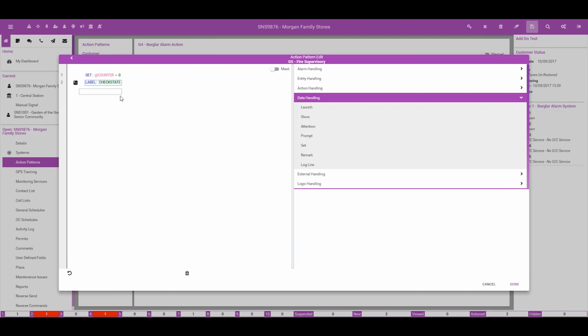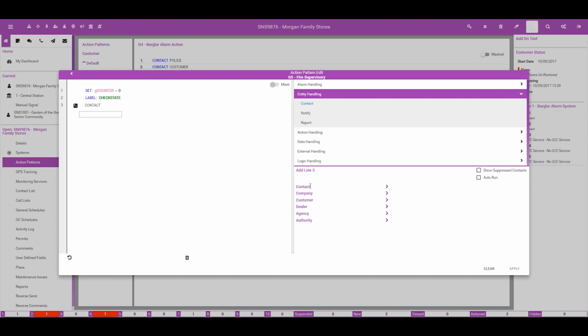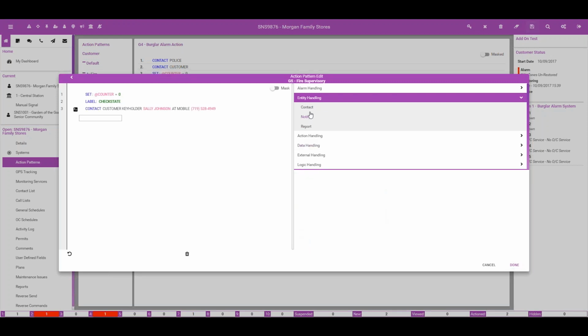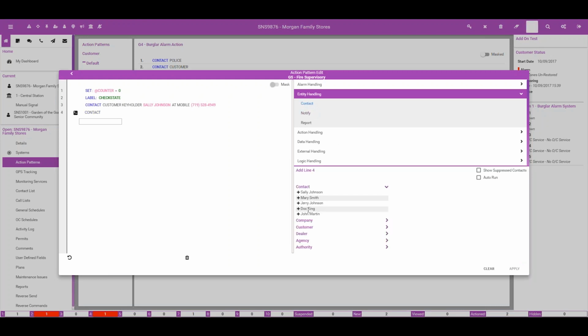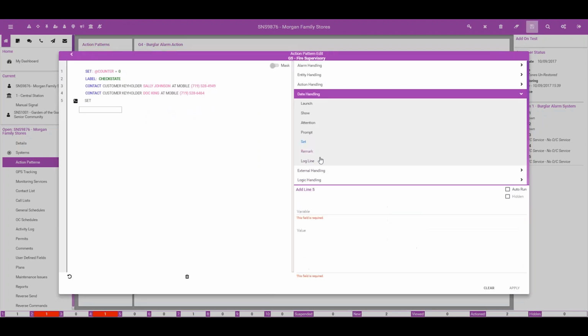And now I want to actually make my contacts. So I'm going to say contact Sally first, and I just want to contact her on her mobile phone, and so that our calls don't go forever today, I'm just going to call Doc as well. So I'm going to call those two people that have to be contacted. We're going to have to attempt to contact them at least 3 times, and then we can move on. And then we are going to set that counter